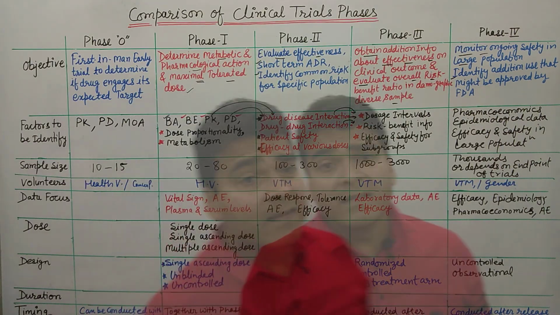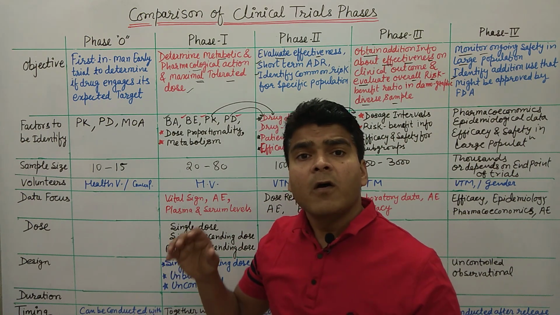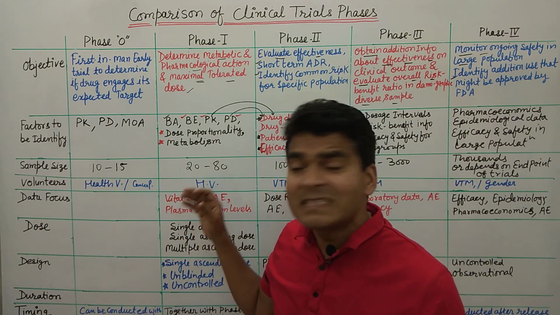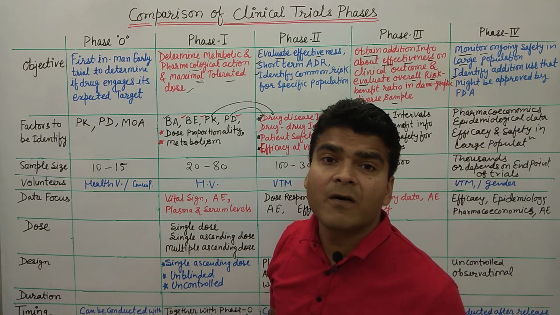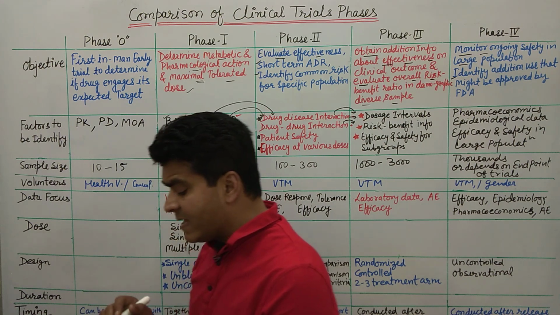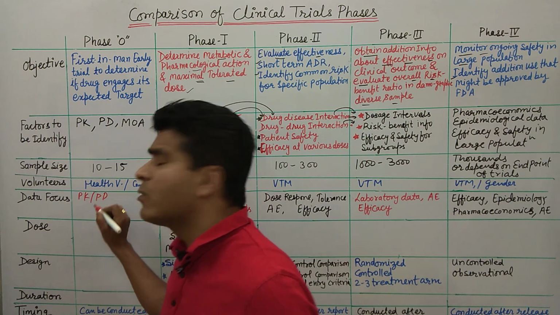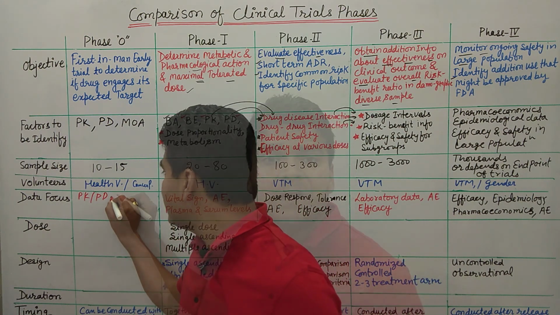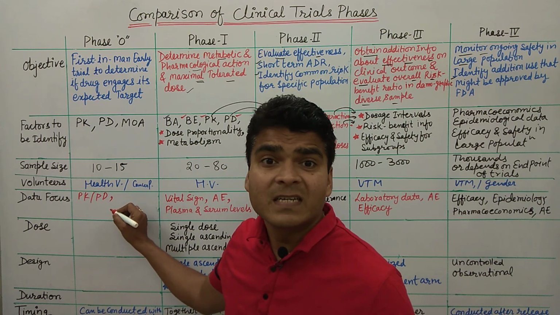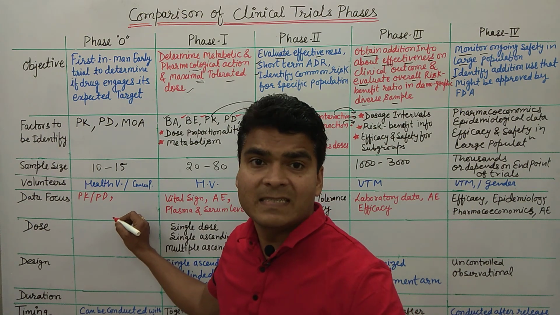Now just understand another point, that is data in focus. What kind of data we require, or on which we have a focus, means which type of data we want to check in these trials. Phase 0 trials are basically known as microdosing trials. Particularly in these trials we are getting PK and PD data, pharmacokinetic and pharmacodynamic data. Generally these are very initial studies, so we are getting data which support the preclinical studies, clear.